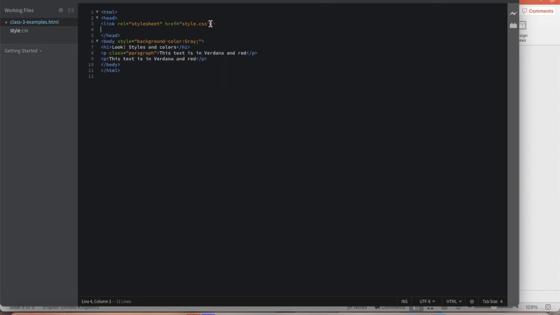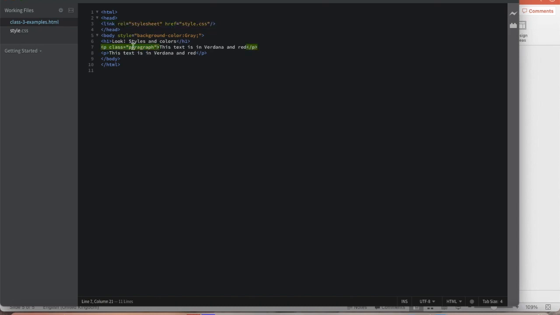If you see in brackets something is red, it means there is a problem. If you can see the quote here, it is not fine, we will correct it. This is how we did it, because href is a location. The location is on the same root, because this file and this file are in the same folder, so I don't need to give any path. If it were on the desktop, then I would need to give the path here. I will just save it.